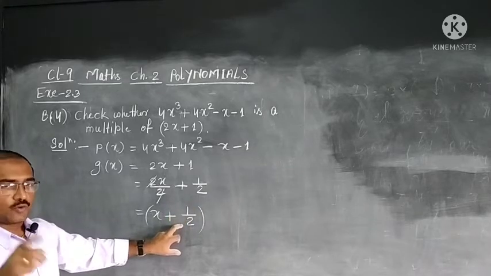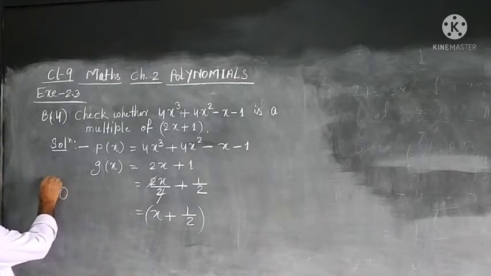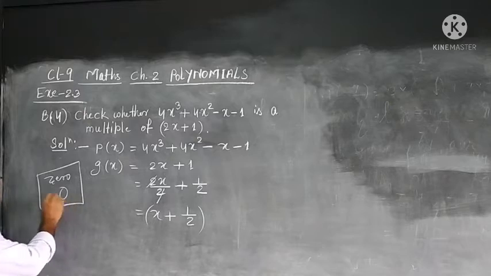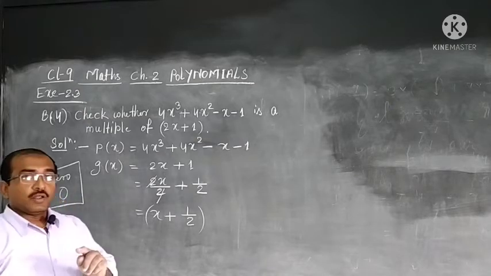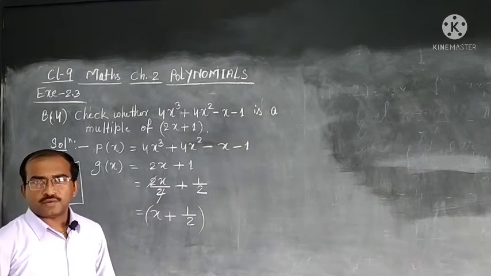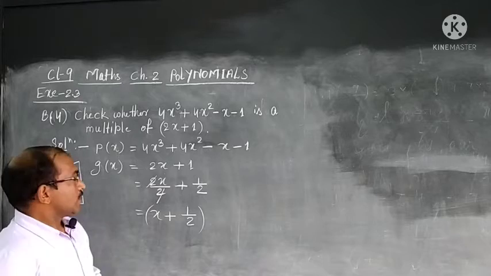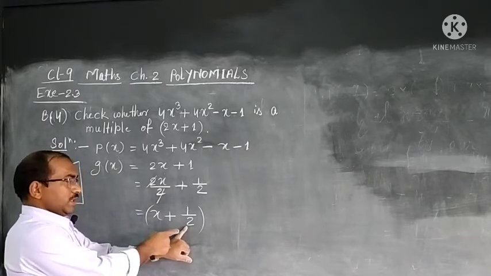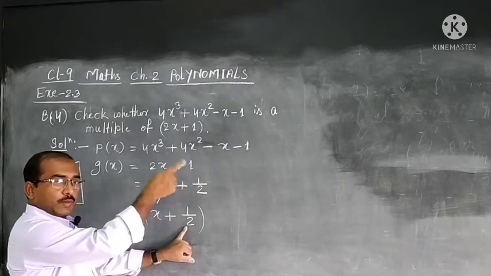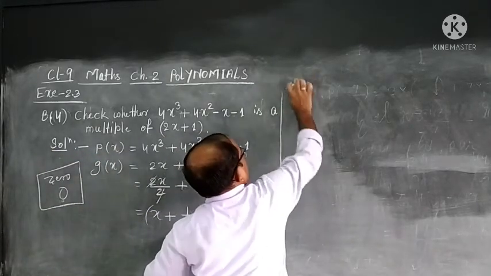Whenever I say 0, this is not that 0. Keep that in mind. The 0 of the polynomial is the value of the variable which makes the polynomial equal to 0. And we call it the 0 of the polynomial. Okay. So, now we use the opposite sign of this term. It is plus 1 by 2, we will use minus 1 by 2. Let us go.